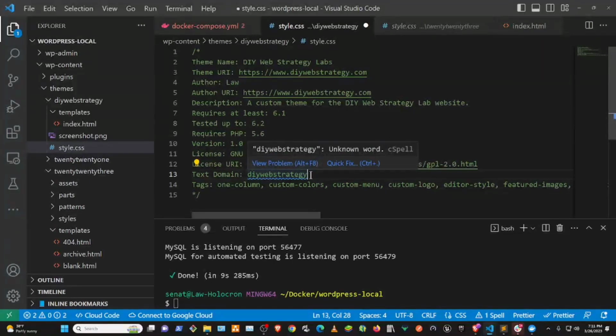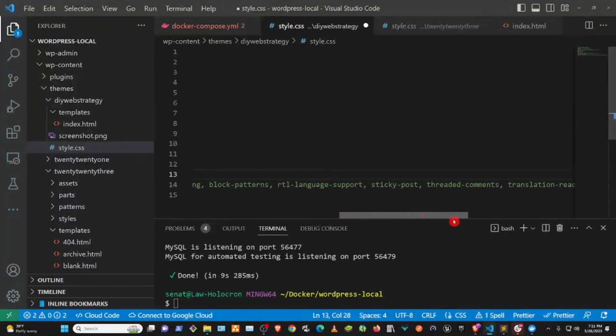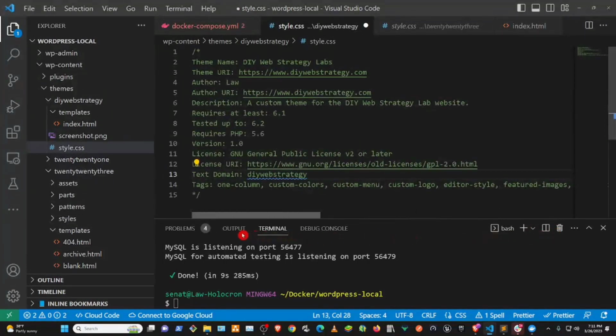And then tags. I'm not gonna do one column or custom colors or none of this stuff. I don't think I need any of that, but I don't need it, but I'm gonna keep it. I don't care. So let's save this, and we're going to go back to